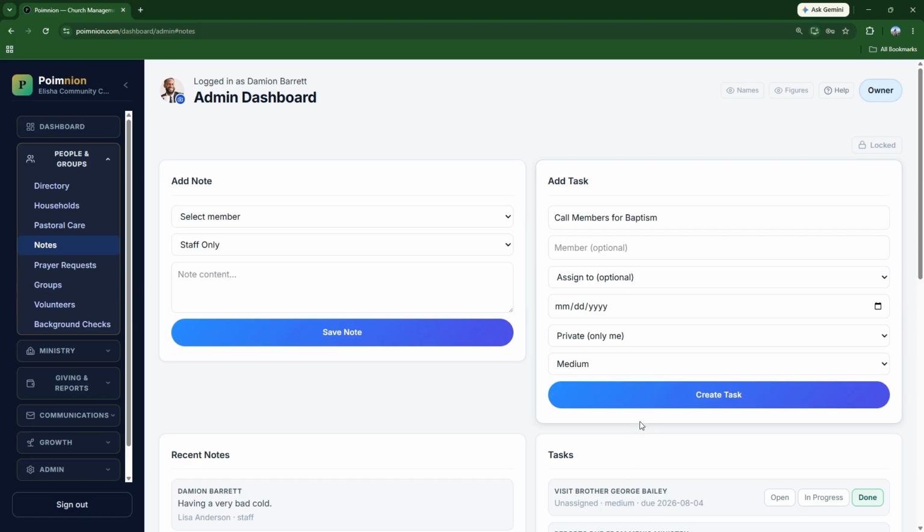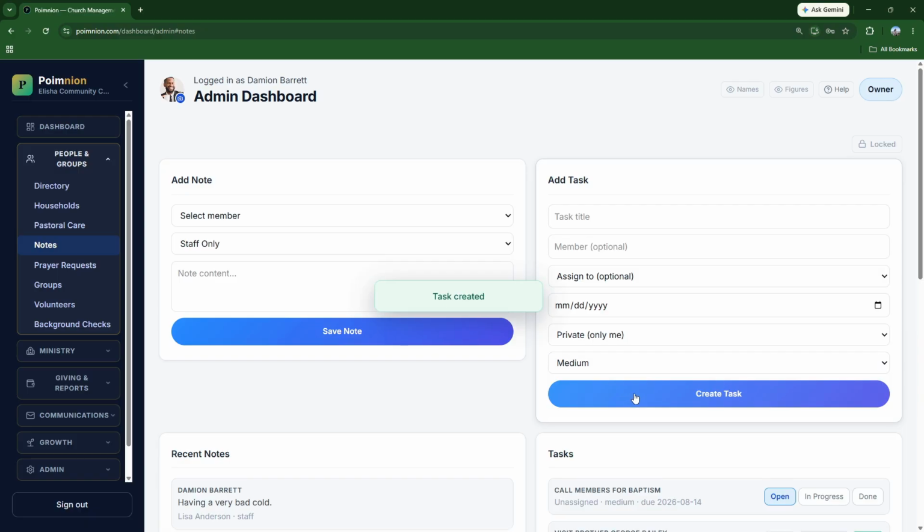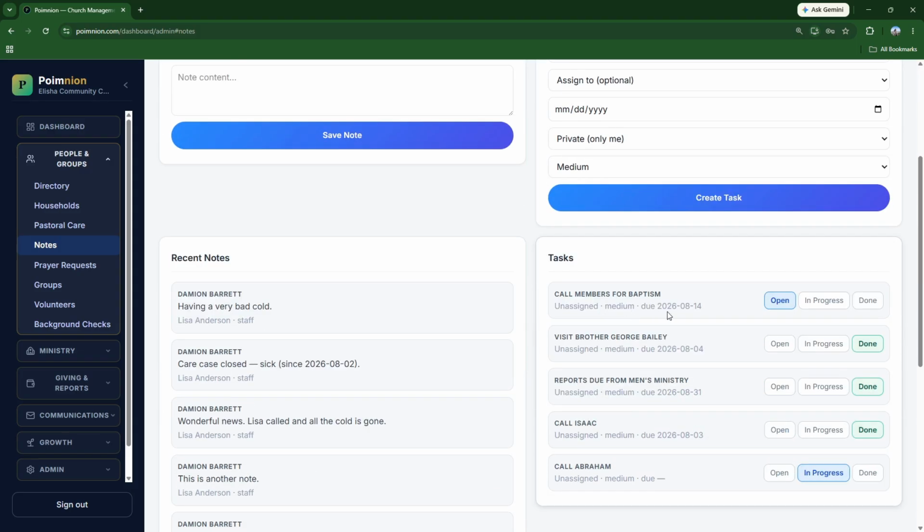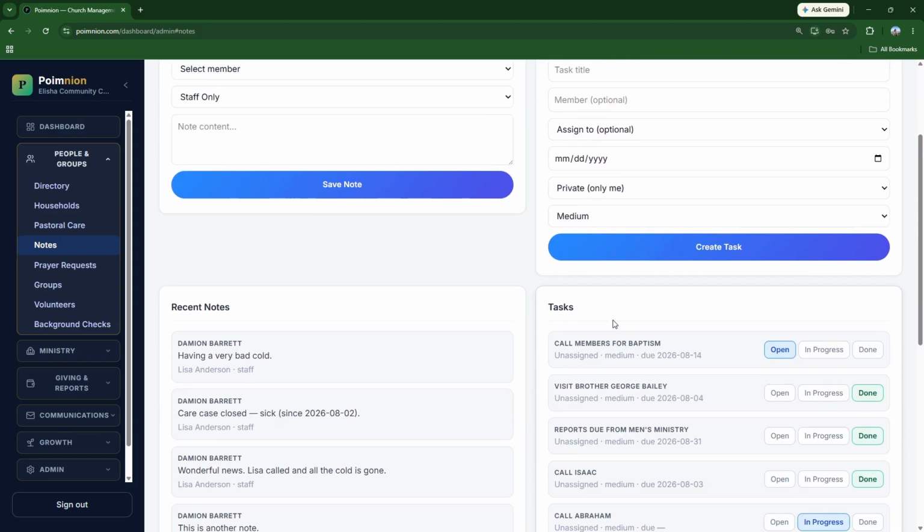Then for the date, when the task should be completed by, and who gets to see the task. So if it's staff, admin, the priority of it, is it a low priority, high priority, or medium priority? If it's something urgent, then that would be a high priority, but you could put medium priority for this and click create task. Now here you have call members for baptism, and you have unassigned because I did not assign